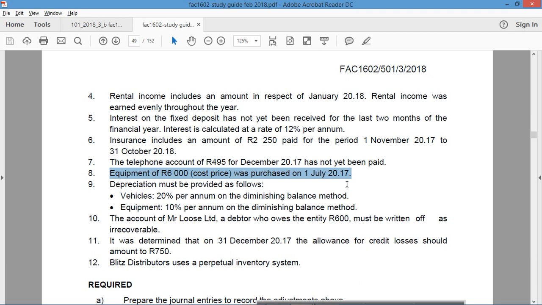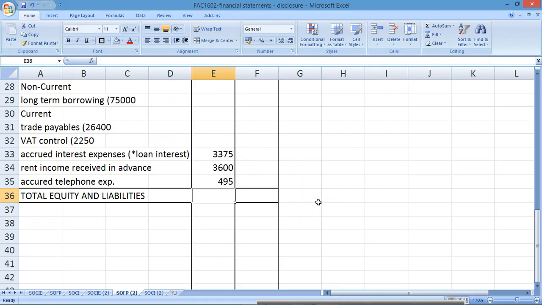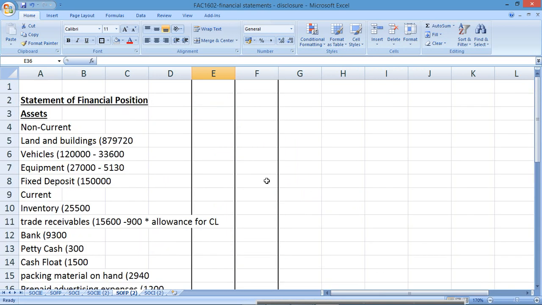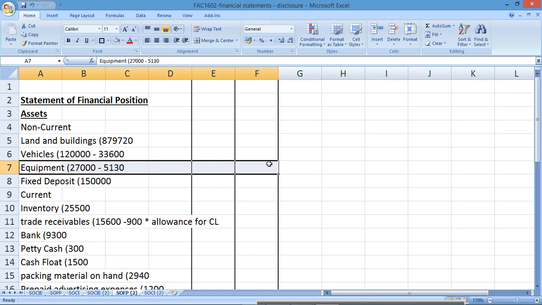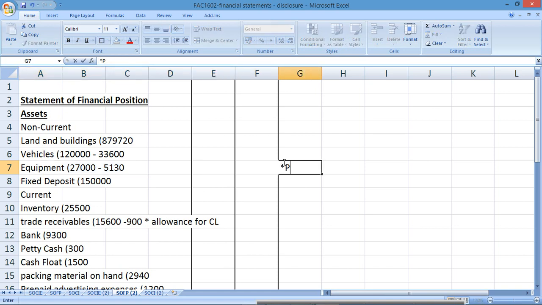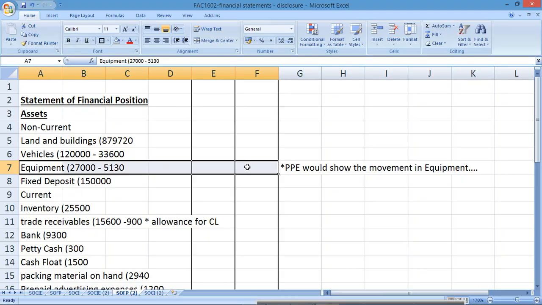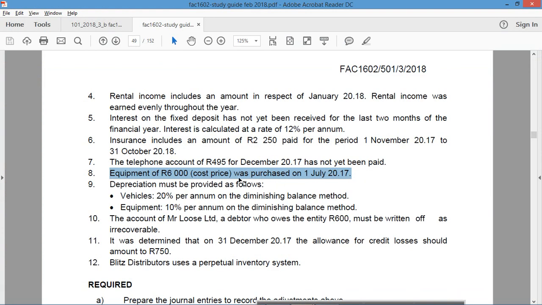Will I record that? No, but I would show the movement in a PPE account. So I wouldn't do it here because I haven't done that. What equipment? This is equipment. So just an asterisk here. PPE would show the movement in equipment. If I'm showing everything on the face of the statement, I'm not going to show that. But what I am going to show is the